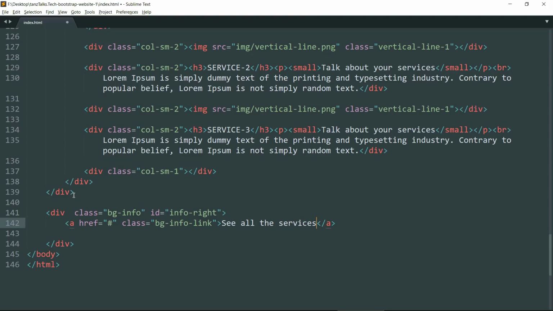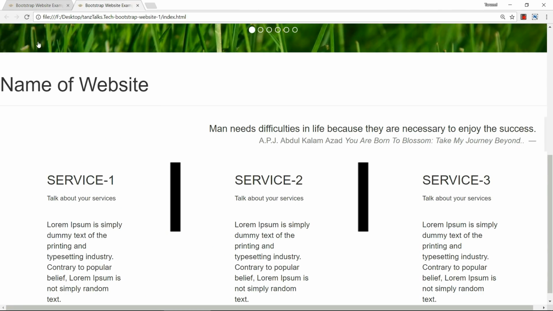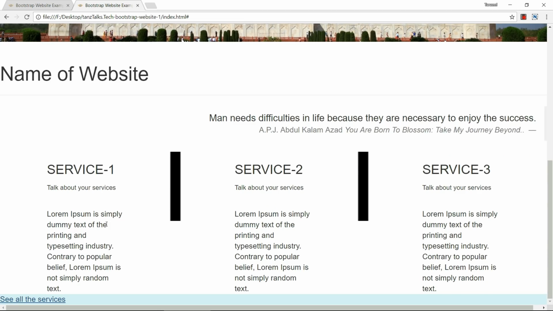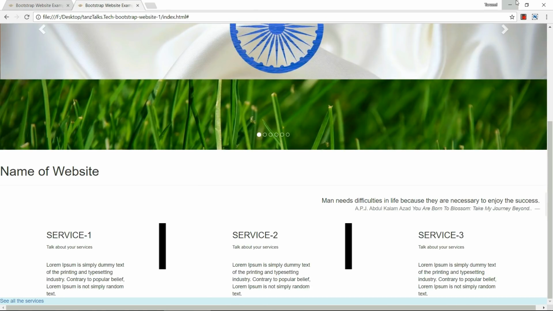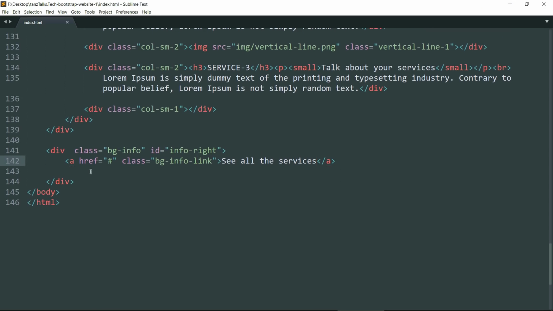Okay, now save this. Now refresh the page, and we have this box below the service text. We will make it right aligned later using CSS. This is fine.